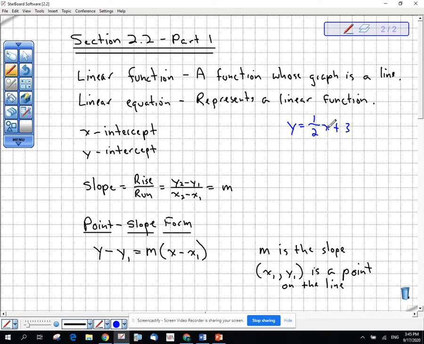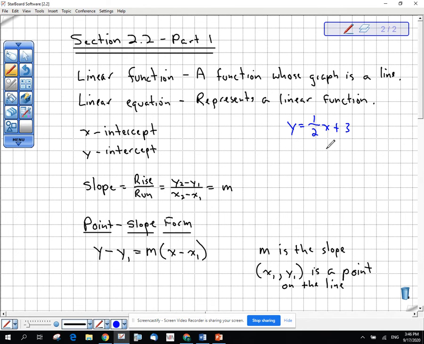Like as if I plugged in a 0 here, 0 times a half is 0, plus 3 is 3, okay? But if I plug 1 in here, so how much snow will we have after 1 hour? Well, 1 times a half is a half, plus 3 would be 3.5, and that's what we would expect. If I plug a 2 in, there'd be 4. If I plugged a 4 in, there'd be 5, if it continued to snow at that constant rate. This equation represents that situation that I just gave you. Okay, now,